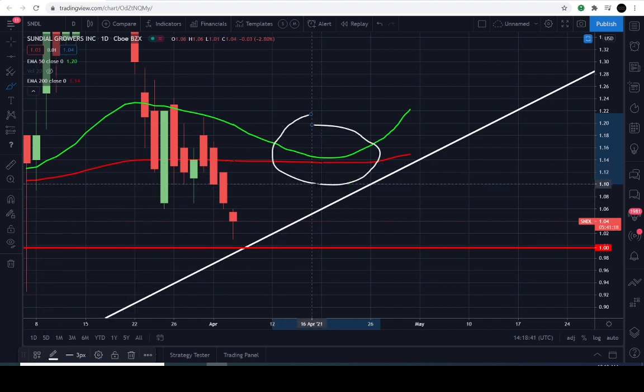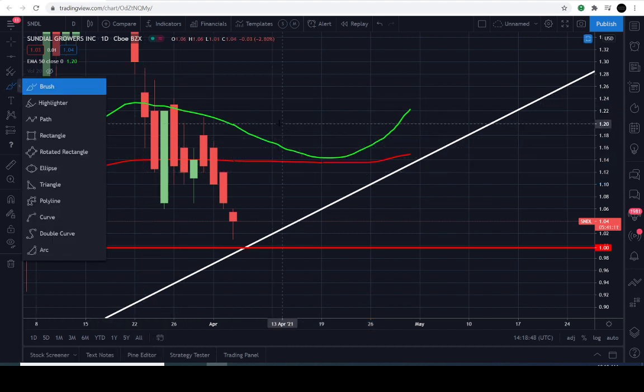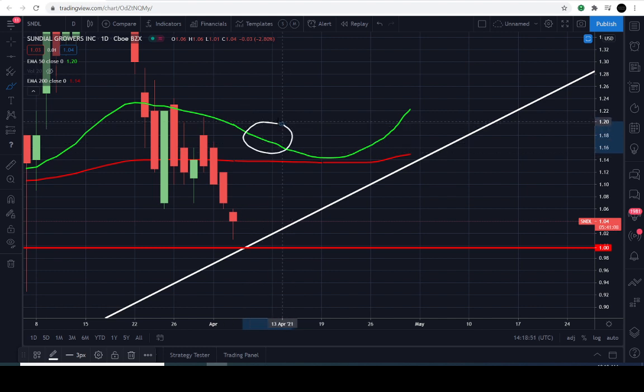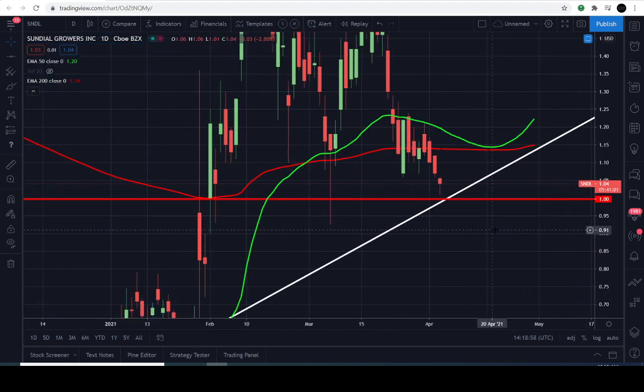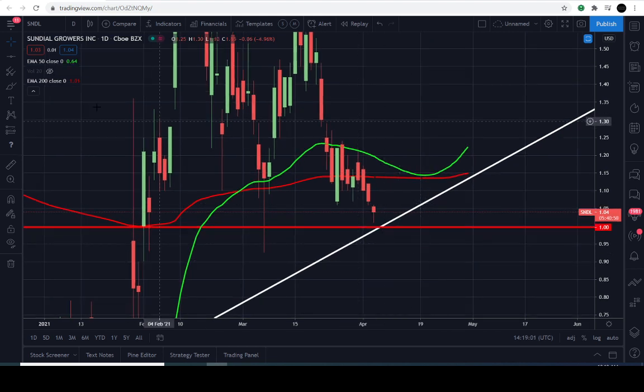This is something we'll probably look for, assuming the market actually gets back above the 50 exponential moving average. At a very minimum, I want to see it get back above the 50 exponential moving average for the bullish case. For the bearish case, on the $1 level, nothing has changed. The $1 level needs to be protected. Take note of the date, April the 14th, 2021. As long as the price activity stays above $1, and by April the 14th it's slowly walking up the stairs away from the $1 level,